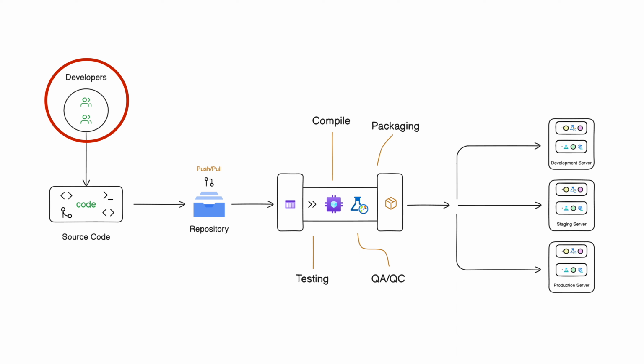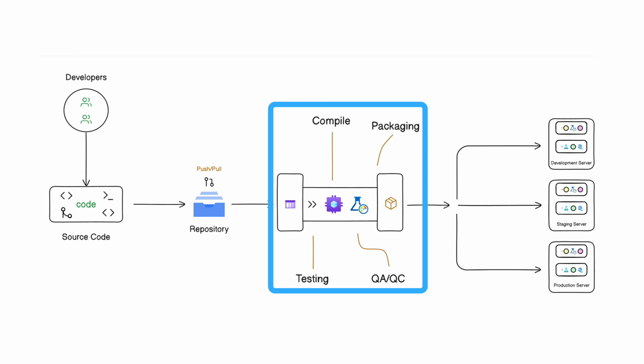So now on the left we have our developers. They write the code and then put this code on the repository. Once that code lands in the repository, we can trigger a pipeline. When I say a pipeline, think of this as more of an orchestrator. And what we do in this pipeline is we're going to be doing all of those things that